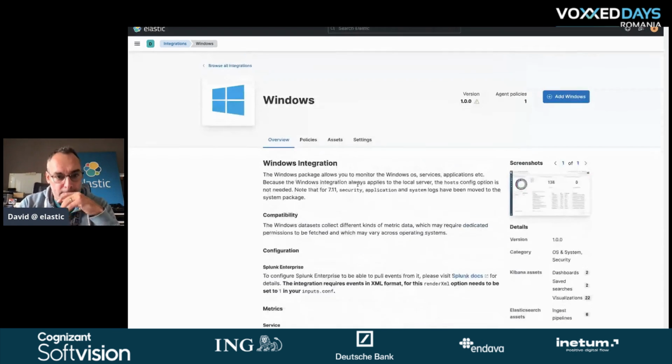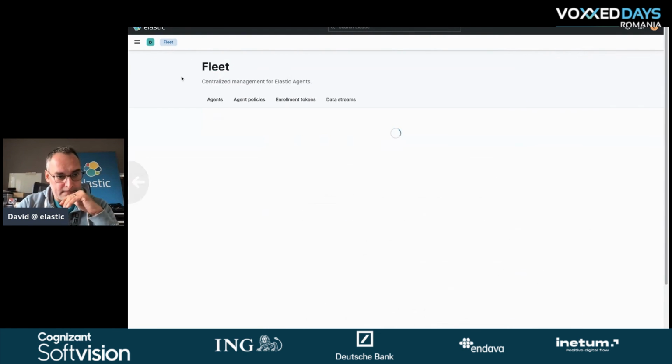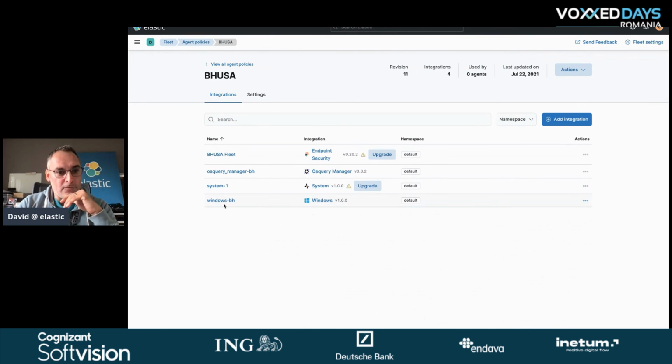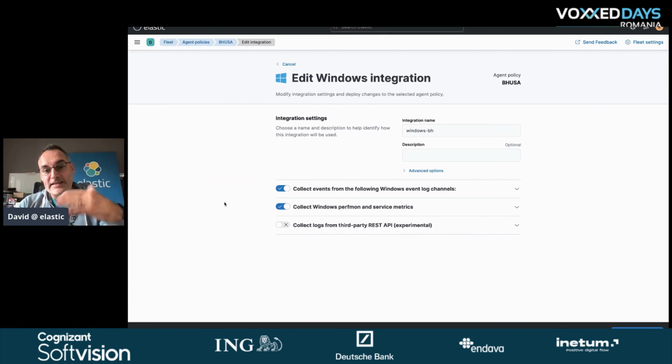If I look, if I go back again here, if I look at the way we deploy this integration, this is where you define the settings that you want to actually deploy. Here we are saying that we want to collect the events from the Windows event log, and also the performance monitoring and the service metrics.